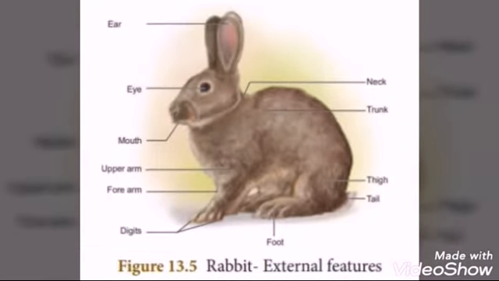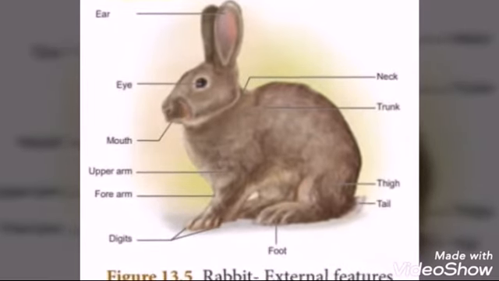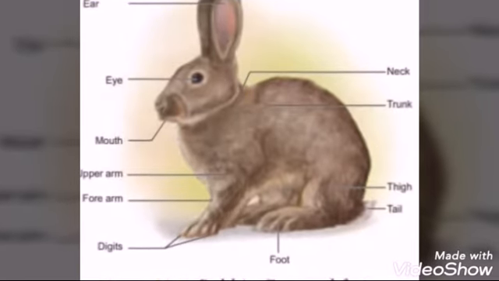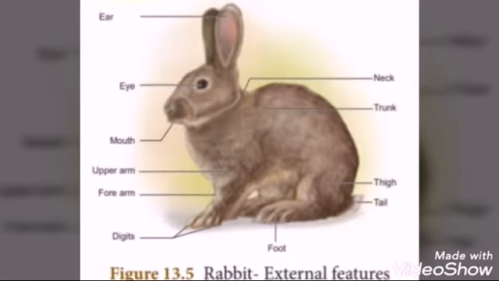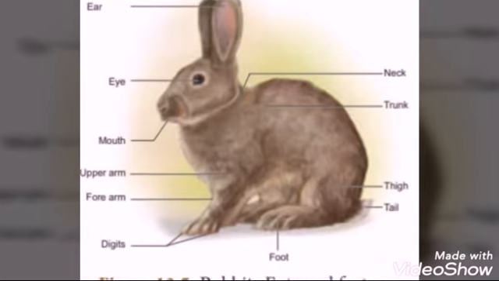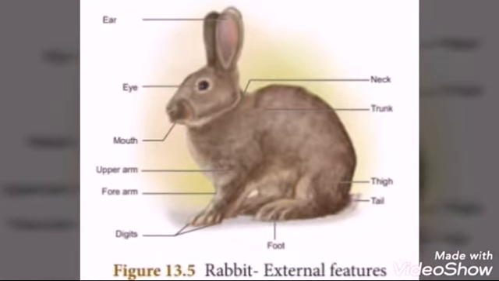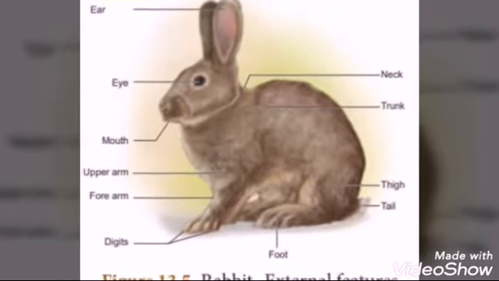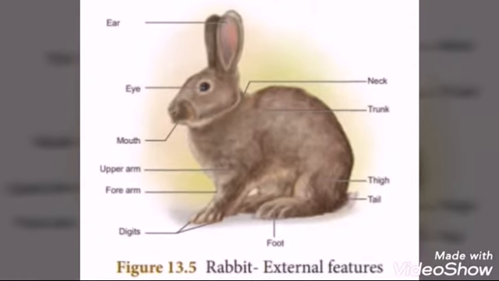The mouth is a transverse slit-like opening bounded by upper lip and lower lip. Just above the mouth, two openings are present. They are called nostrils. From each side of the upper lip, tactile hairs or vibrissae are present. So vibrissae means whiskers. Whiskers are long projecting hairs growing at the sides of the mouth of rabbit or other animals, for example, cat. A pair of movable external ears or pinnae is situated at the top of the head.